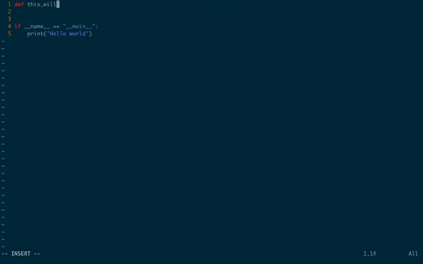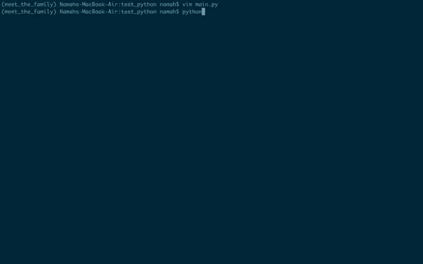This will be imported, and it will print __name__. So let's first print this and execute it: this will be imported, and hello world.